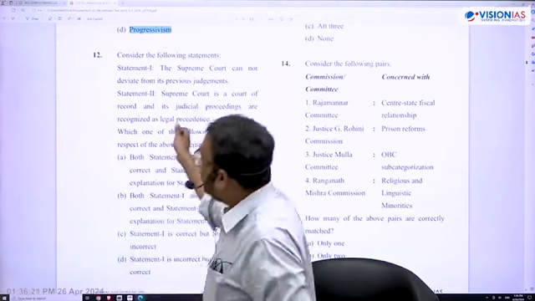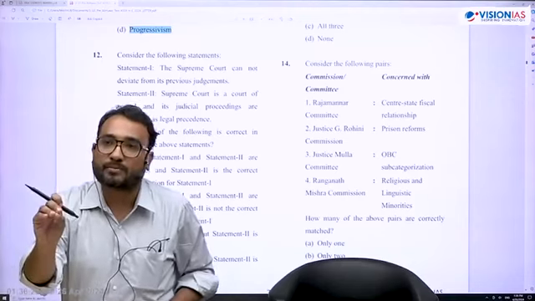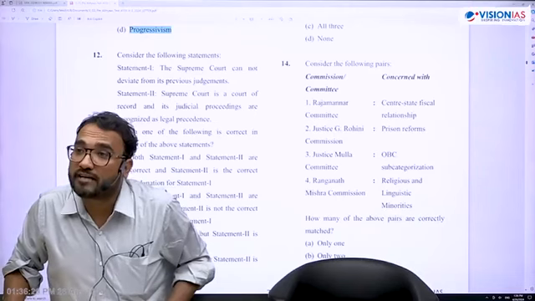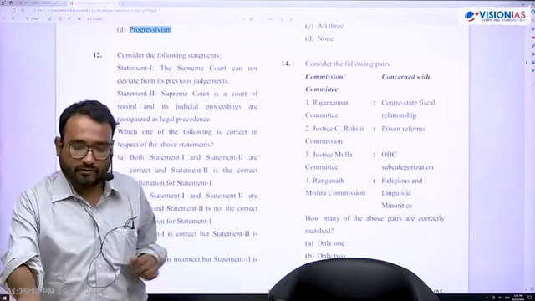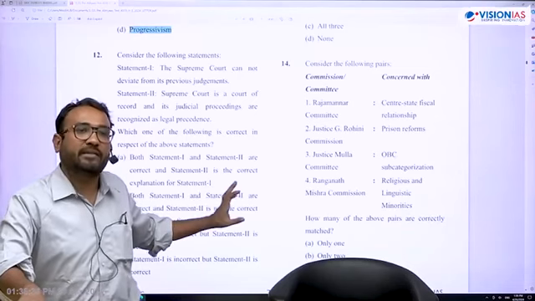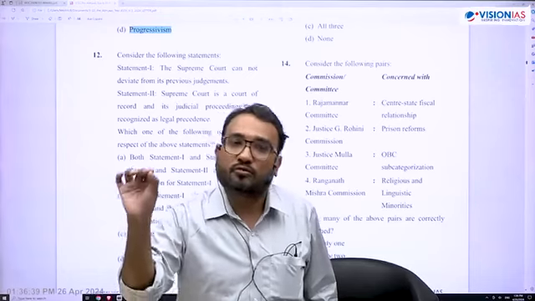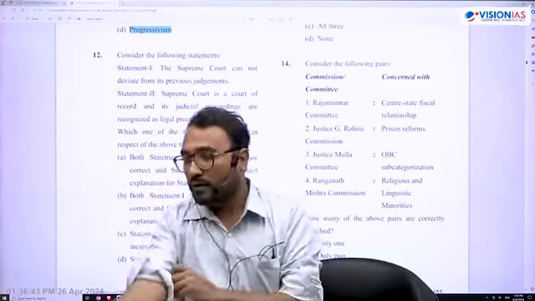Now, this question is related to Article 137, and this question was asked by UPSC in 2021. But this question was asked related to High Court. Now, this is a tricky question. Why is it a tricky question? Here it is easy, but they made it a tricky question. 90% of the students got this question wrong two years back. What was the question UPSC asked?